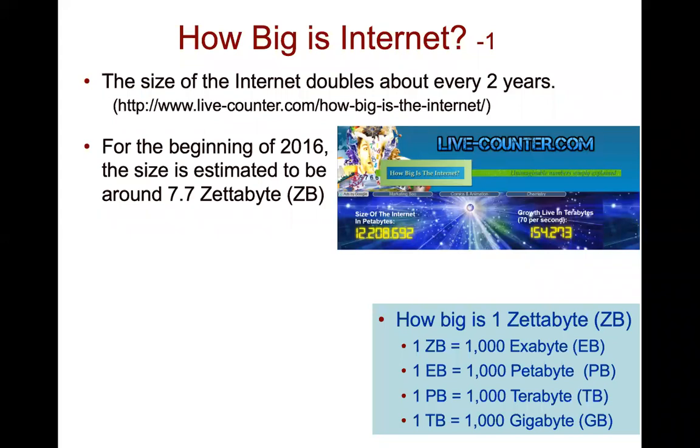And if you see the table on the right bottom corner, the zettabyte is bigger than exabyte, which is bigger than petabyte, which is bigger than terabyte. Probably terabyte is something you have heard about, but the rest you haven't heard. So it's really huge. If you look at 2020 numbers, the data will actually be way bigger than in 2016. I deliberately didn't put it, just to get a little bit of research spirit in you, so you can go search how big the internet is nowadays in 2020.